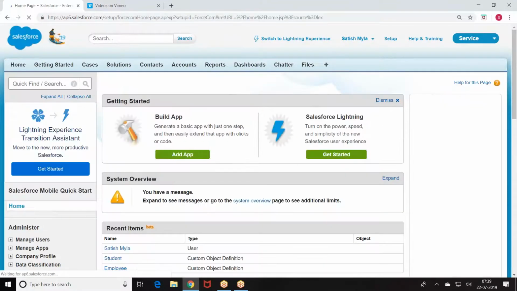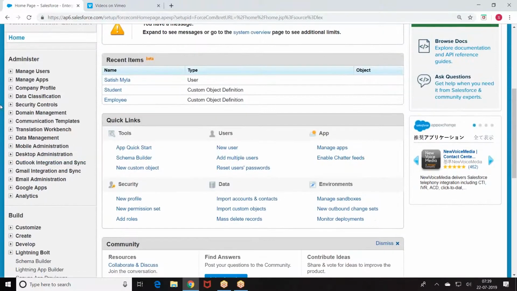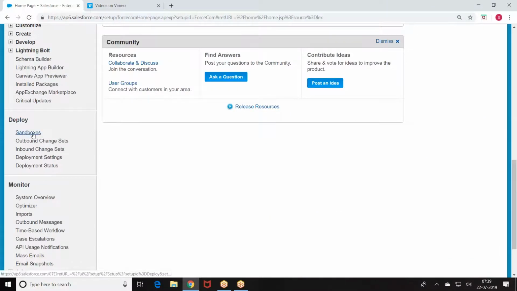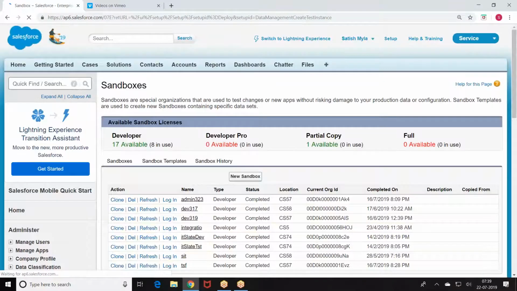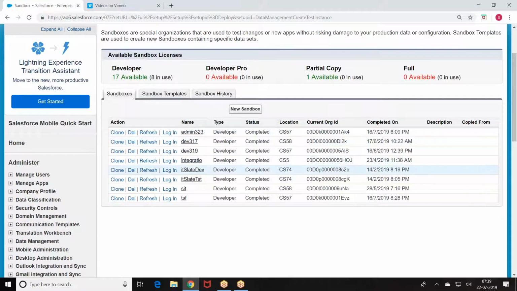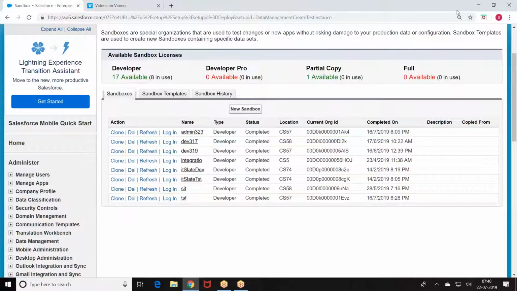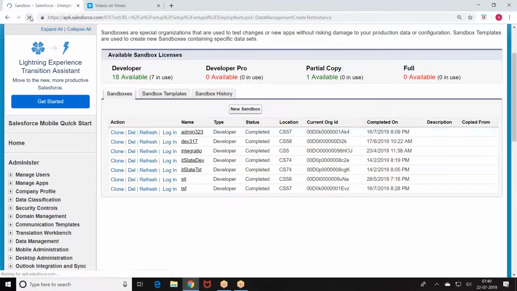First, where do you create the sandbox? In the production, we have deploy, then we have sandboxes. Go to the sandboxes. You can create your sandboxes from this. Click on the sandboxes. Try to create a new sandbox or try to delete your existing sandboxes.